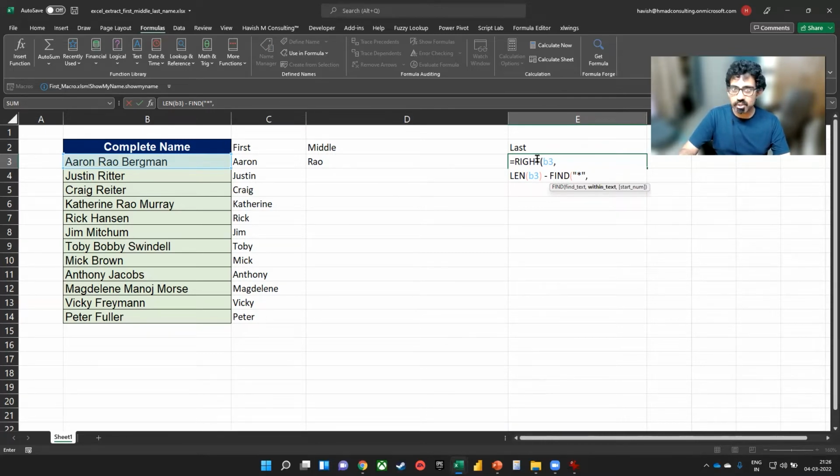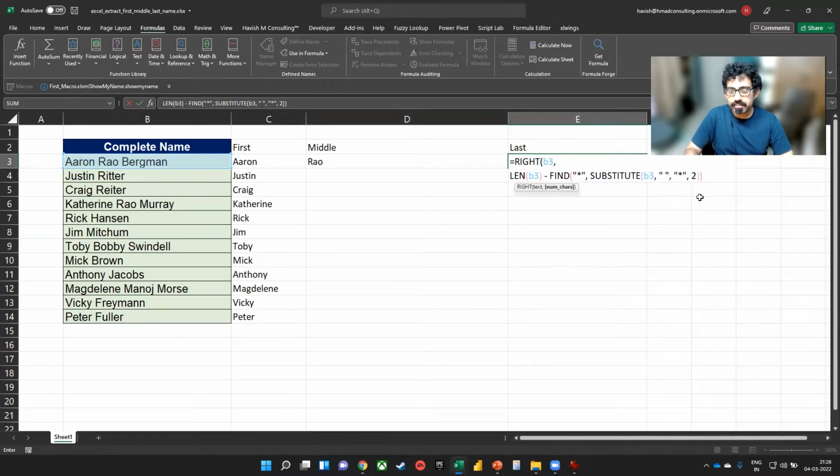Right now in our text, there is no asterisk, but I want to substitute in B3 the space with an asterisk. Now you will think that Havish, if we replace the space with an asterisk, will both of them not get changed and replaced with an asterisk? Not really, because I want to choose my instance number as 2. So what that means is that I'm essentially saying that I would like only the second one, or rather the first one, to be changed, right? So we can change this. So let me keep it as 2.